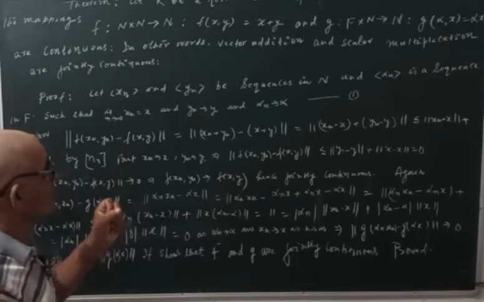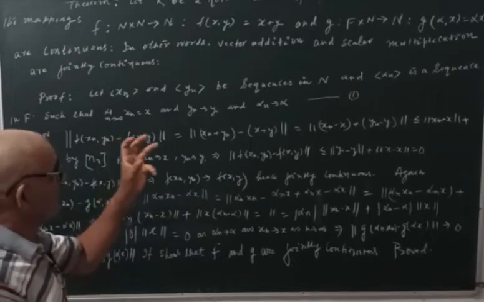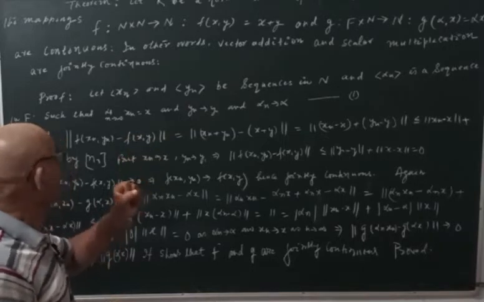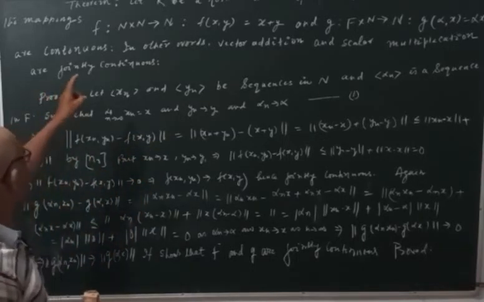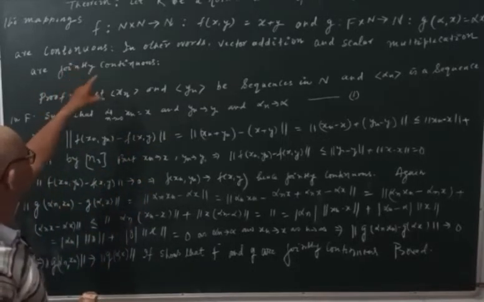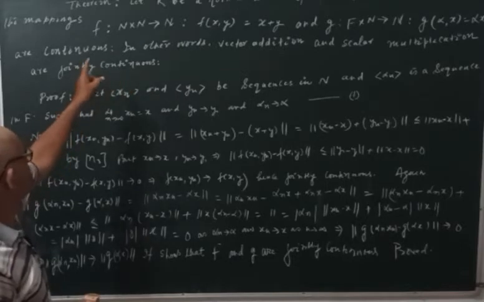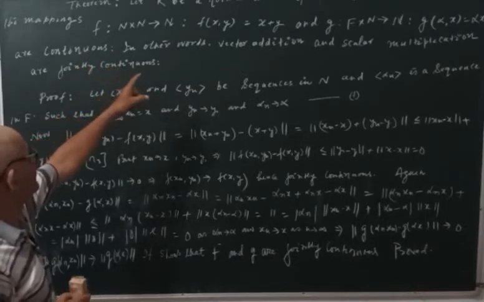Then the mapping f, here mapping is given like this, f from n cross n to n, such that